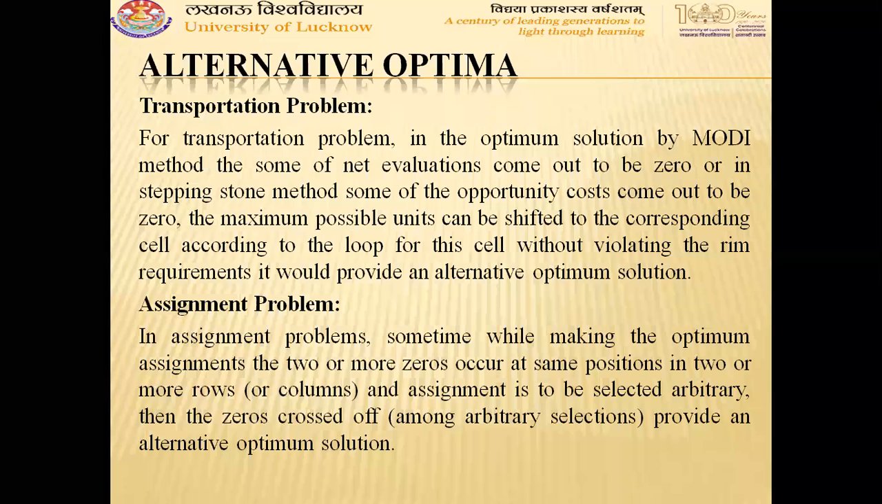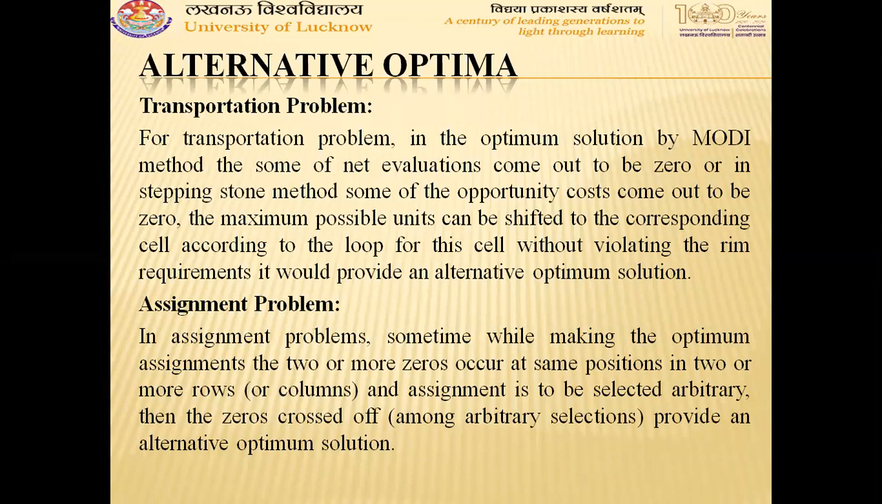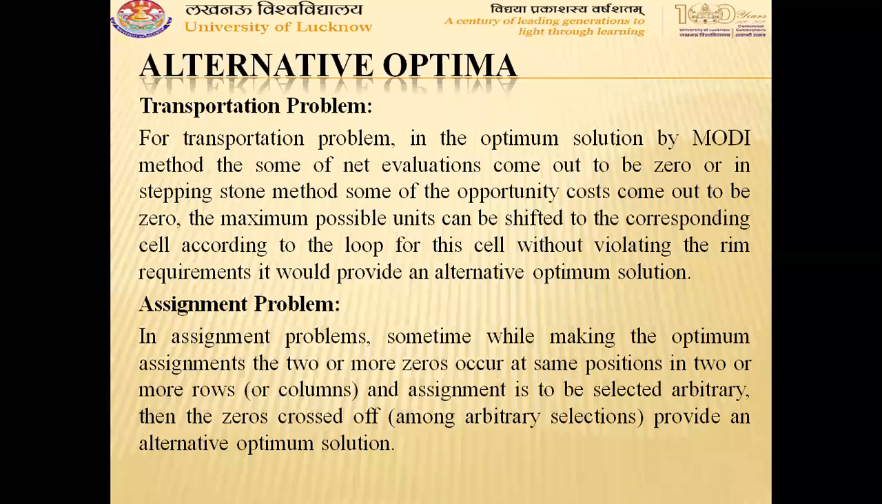So for a transportation problem, when we obtain the optimum solution by using the modified distribution method, there will be some net evaluations which come out to be zero. Or if we apply the stepping stone method, some of the opportunity costs come out to be zero in the optimum table, not in the initial stage or any in-between stages, but in the optimum table. Then there exists another solution which has the same minimum cost,